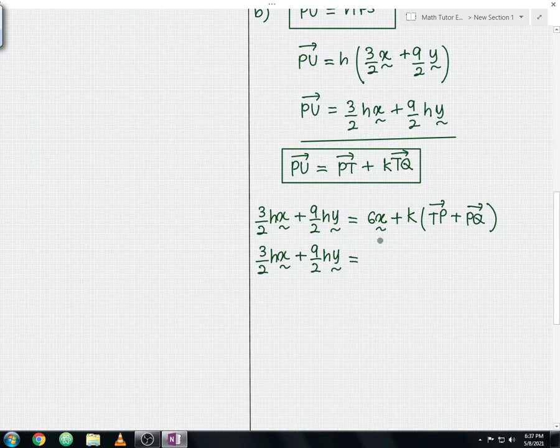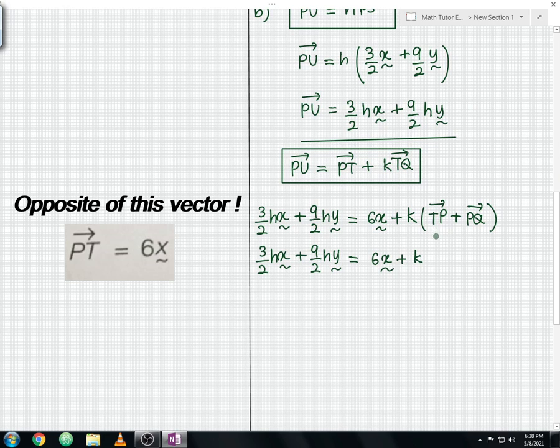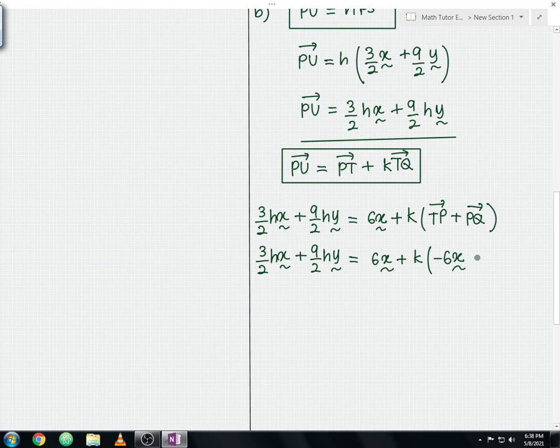Vector PU is equals to 6x plus k. So this vector TP is actually the opposite of the vector PT. In this case it is negative 6x, and then plus